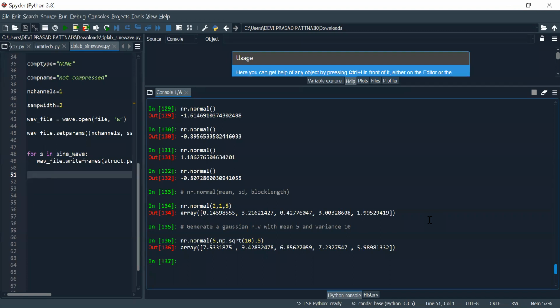Sometimes it is required for us to generate noise of a certain mean and certain variance, and we will be adding that to our digitally modulated signal, BPSK, QPSK, or PAM or whatever. At that point, this will be required. Let's suppose you would like to go for 10 elements or 100 elements. You can do it.